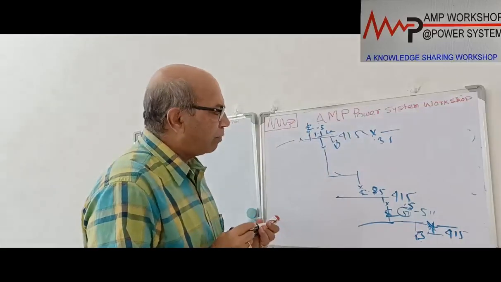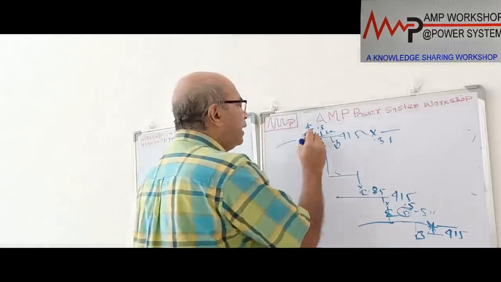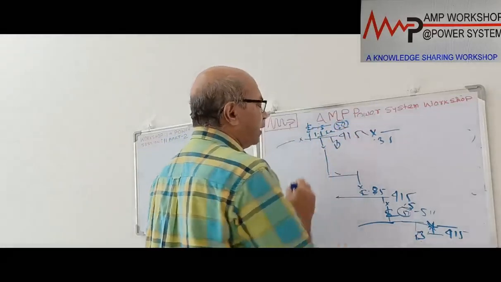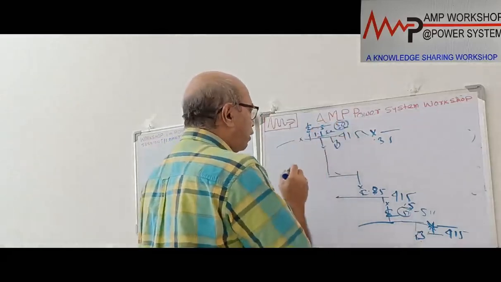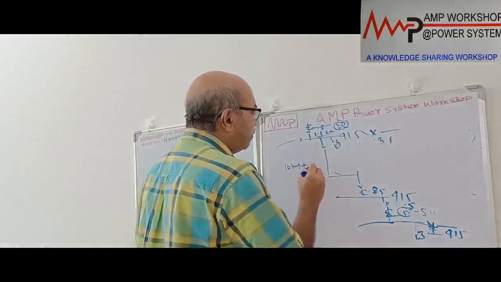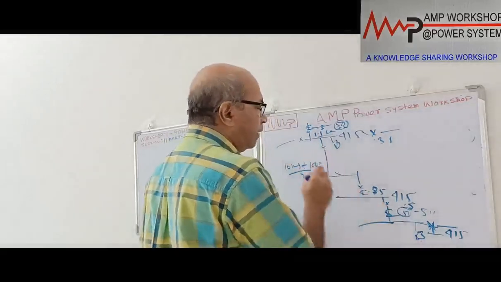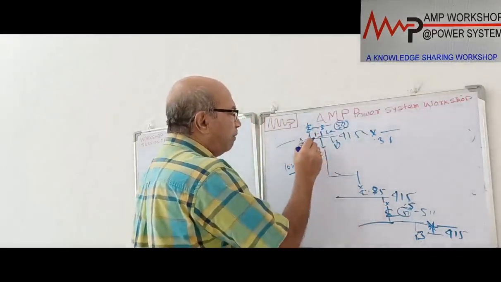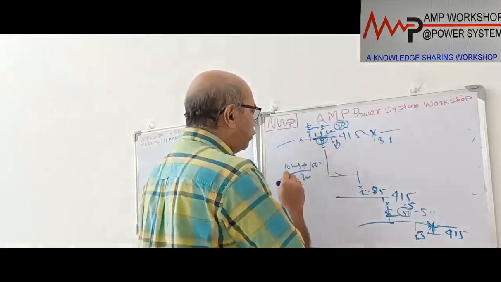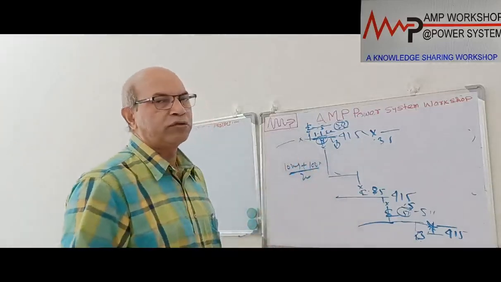So in that case, what do we have to do? We have to provide this for the coordination, but in addition to this, we have to put another instantaneous overcurrent relay with a timer. The instantaneous overcurrent relay operation may be 100 millisecond, and with a timer, we put another 100 millisecond time delay. So if the fault is anywhere in the system, it will go by the coordination. But if the fault is on the bus bar, then the fault current will be slightly more, and for that fault current, it will operate in 200 millisecond. In that way, we can expedite this low voltage switchgear protection.